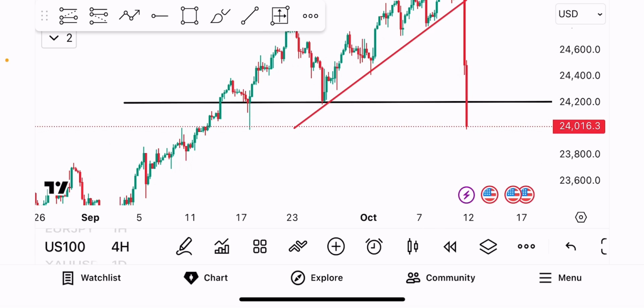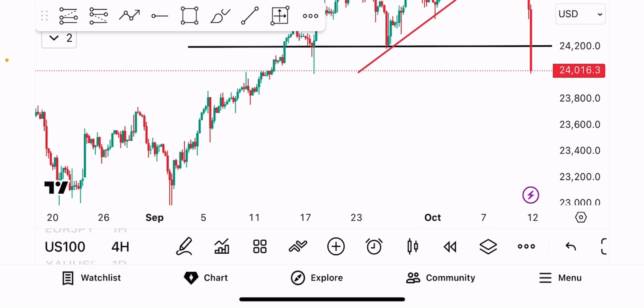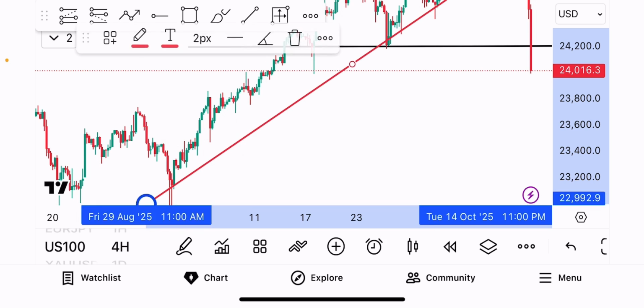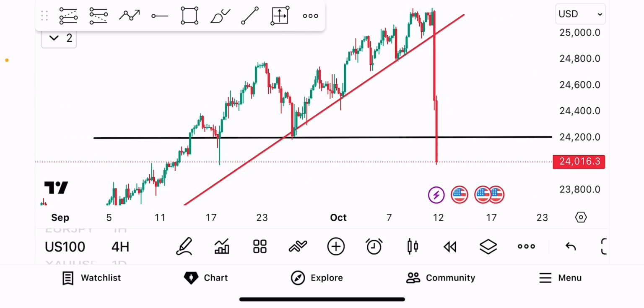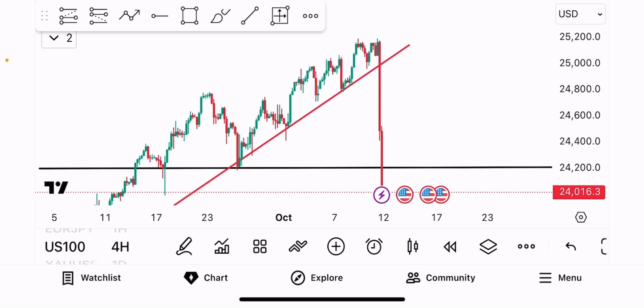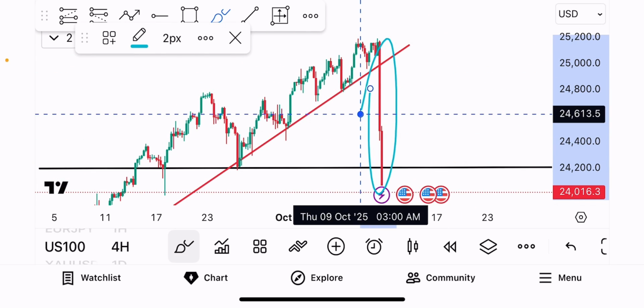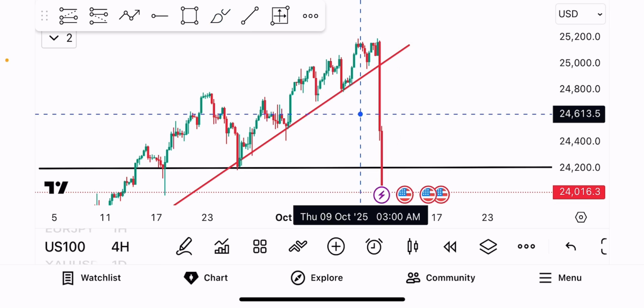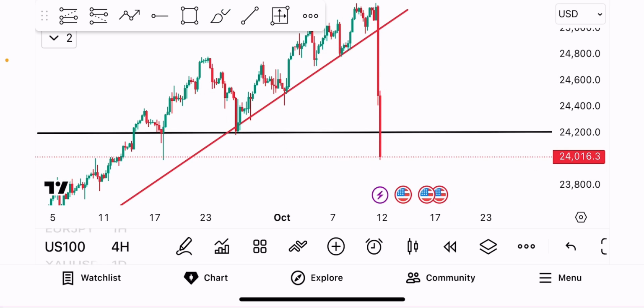So from the look of things on the H4 time frame, I believe price is going to drop further. And with that being said, from the intraday time frame, we are looking for a sell opportunity. Also, when we consider the nature of this drop here, we can see that it is very impulsive. So we are looking at selling